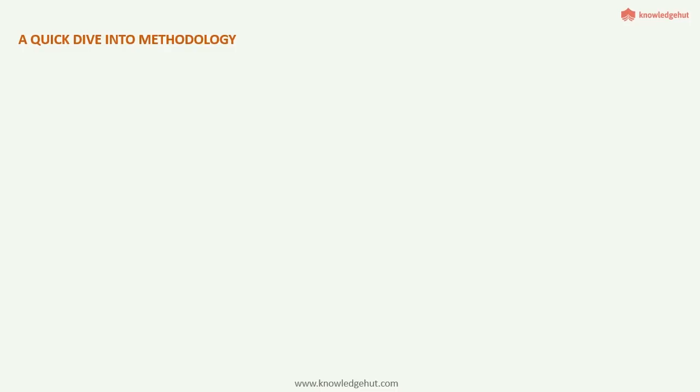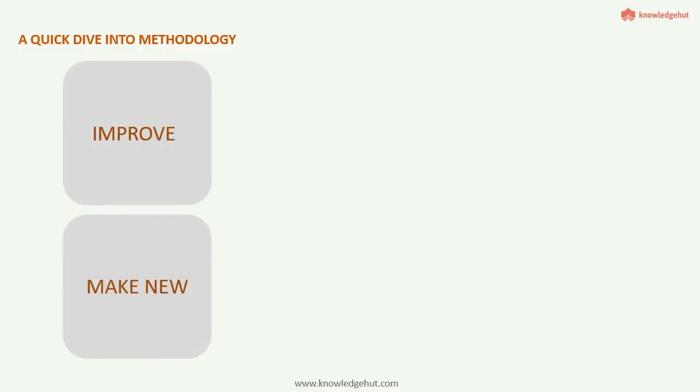Now, we have seen so far Lean Six Sigma as a metric, as a number. But, as I said some time back, it's also about a methodology. A methodology that we can use to improve our existing process or build a new one. The objective of Six Sigma is not about only the target, but also the structure and the rigor that we adopt to get there. A destination as well as a journey. There may be companies that produce worse than 3.4 defects per million, but still use Six Sigma rigor for their